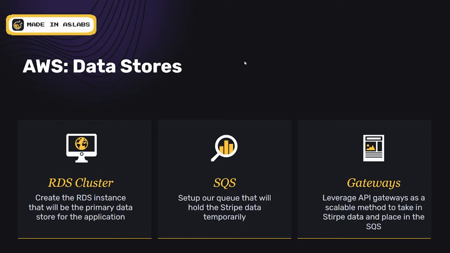And instead of abusing our database, which is already busy running the business, we'll just put as much as we can into SQS. Okay, gateways. Gateways are basically just entry points into the AWS network. For the sake of this demo, we are primarily using the US East 2 region. So we use a gateway to act as an endpoint on the internet for traffic to come into our AWS, basically our VPC.